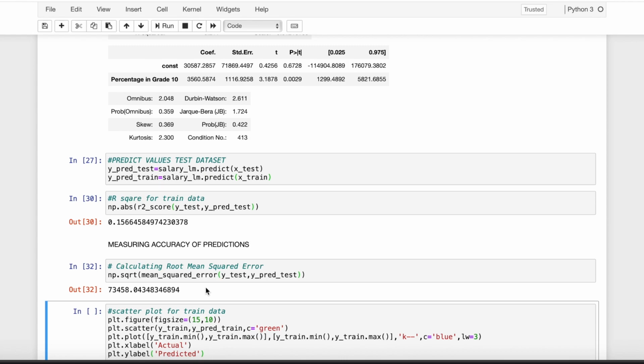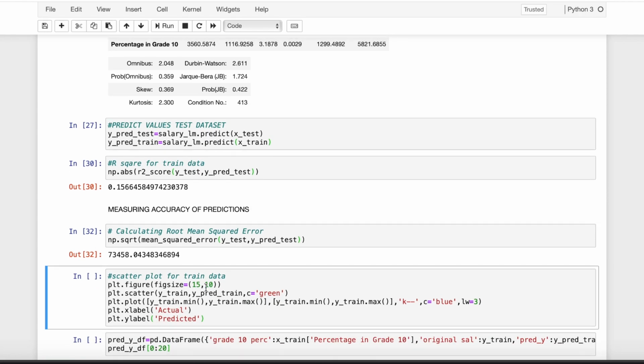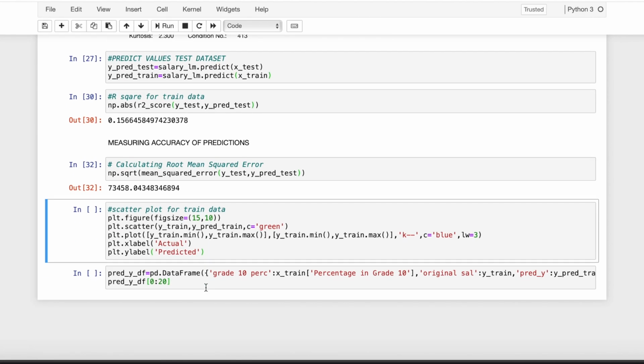Here again it shows a very high number, which shows that the prediction numbers are not very accurate and the model needs improvement.